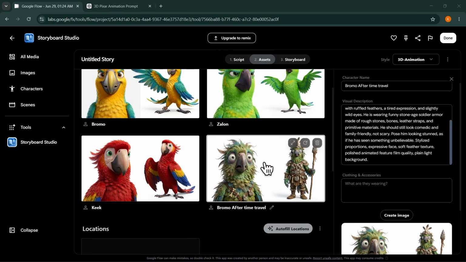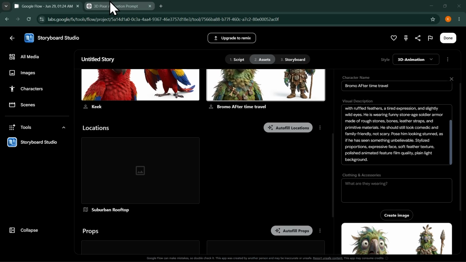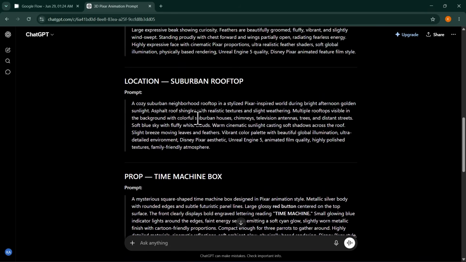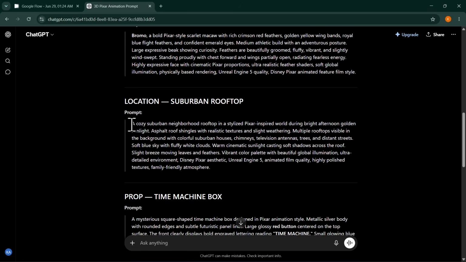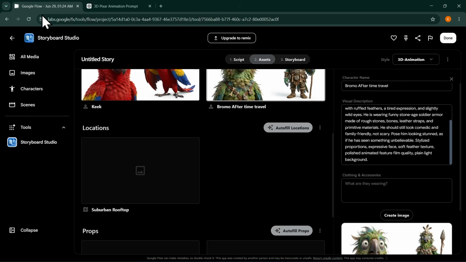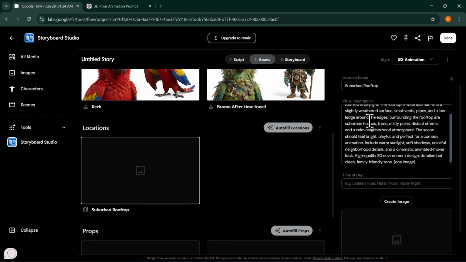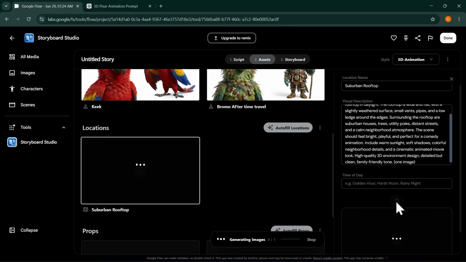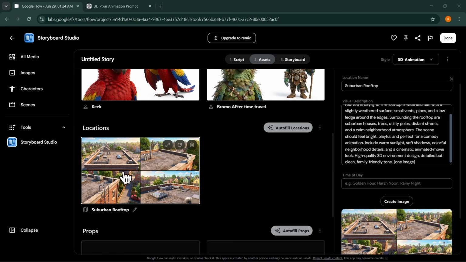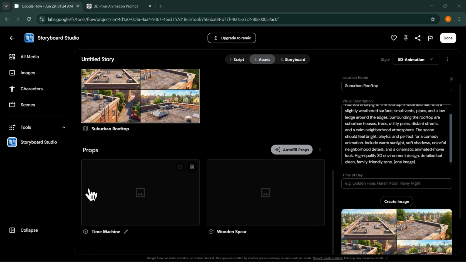And yeah, so that completes all our characters, and now we can head over to the location and head back to the prompt which we were given, which is this one. Copy the prompt as well, head back over here, select your location, and you can paste that right here and click on create. Okay, so now we have our location image right here on our storyboard,